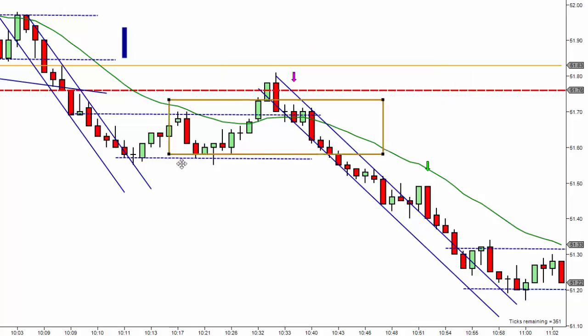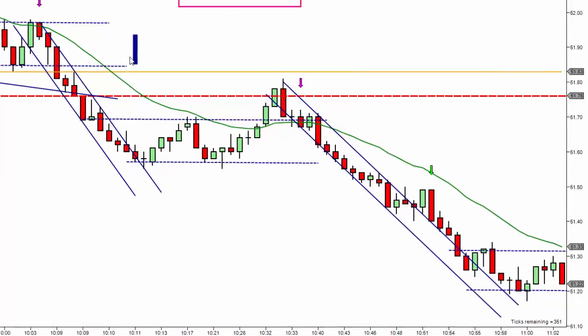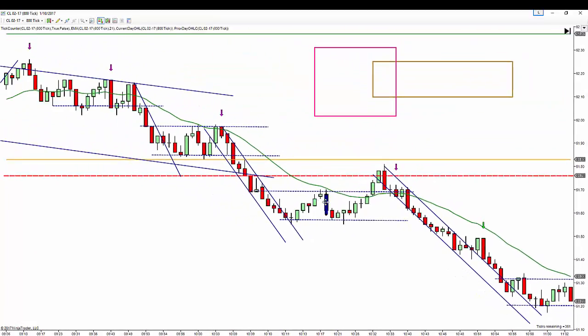15 ticks is the width of a range, roughly. At least, the minimum width of a range is 15 ticks. Anything less than 15 ticks is typically a really tight trading range. So a trading range is usually more than 10 ticks. How do I know this? Well,